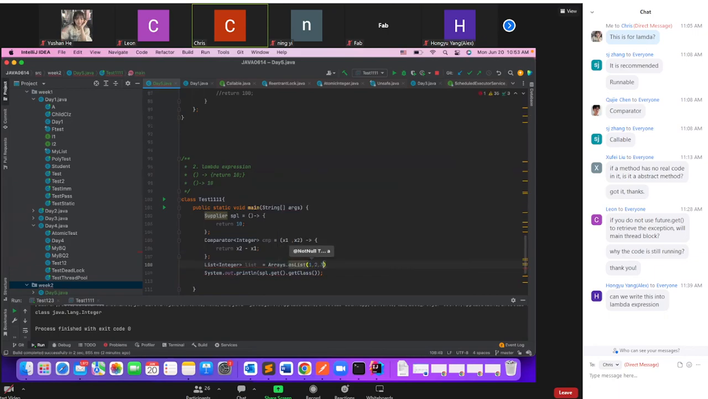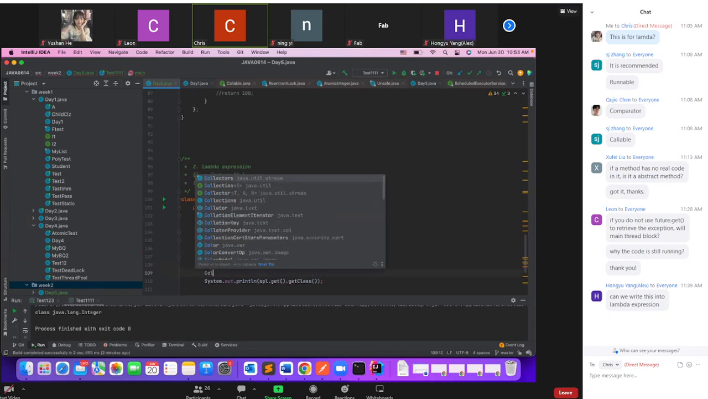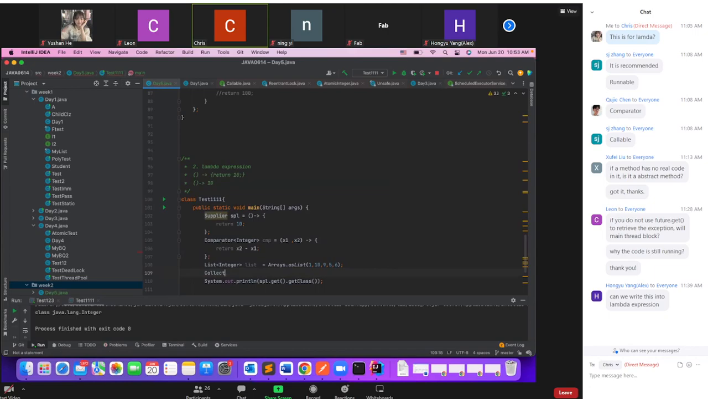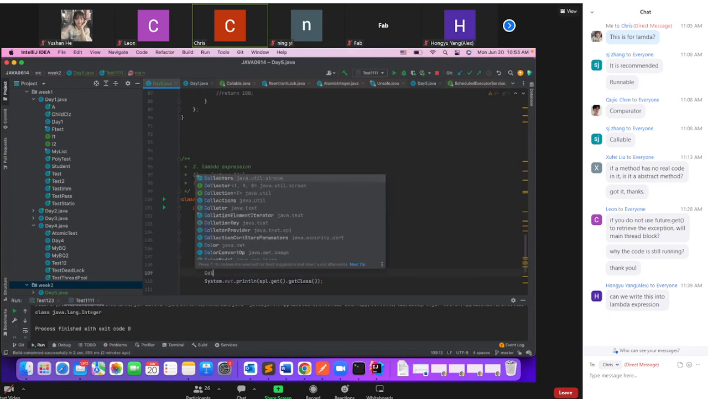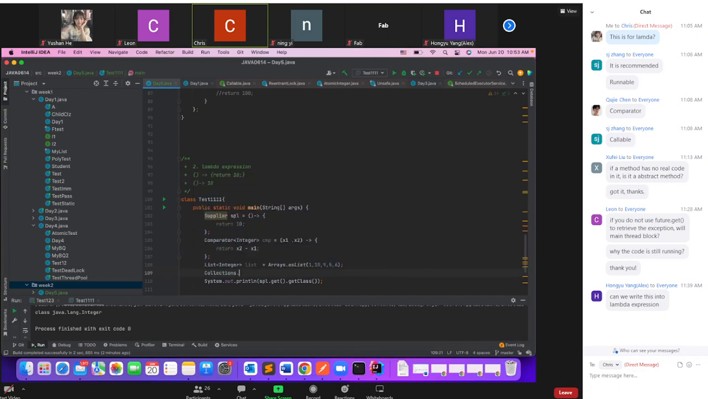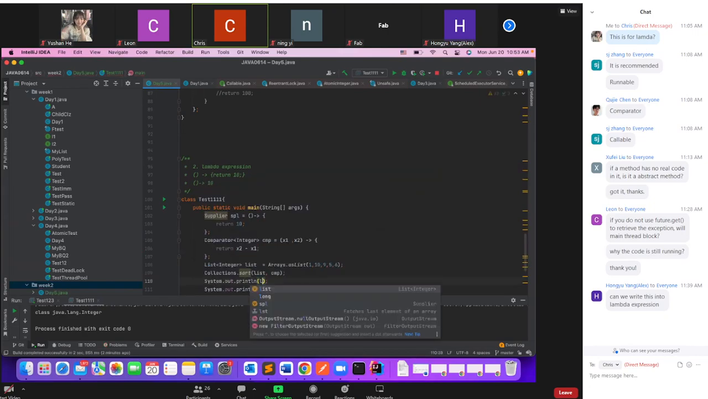We have maybe 1 to randomly like 10 or 6, something like this. You want to use the Collections, I remember, Collections.sort, to sort your list. And you provide your comparator, right? After this, when you system out this list again,